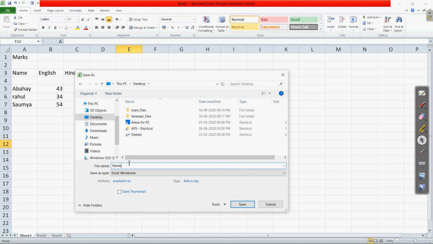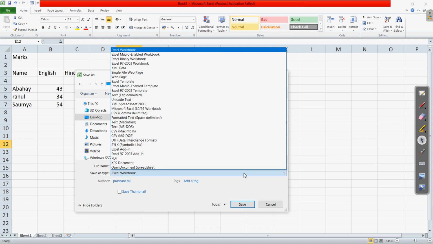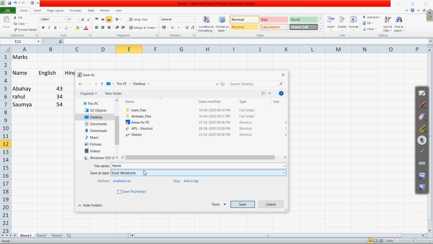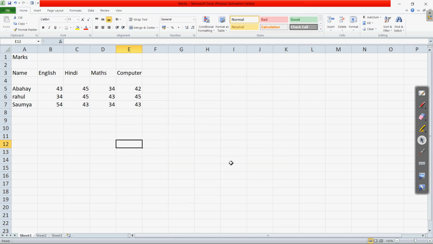And here we have the Save as type. Right now we are saving this as an Excel workbook, so let it be Excel workbook. Clear? Then after writing the name of the file, the type is already there, we don't need to change anything. Then when you click on the Save button, that file will be saved.